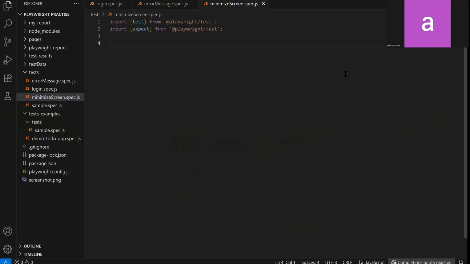Today we are going to learn how to minimize or maximize a window screen in Playwright. While this may seem like a simple task, unlike Selenium, Playwright does not offer a direct method for it. So let's get started. I have already created a spec file